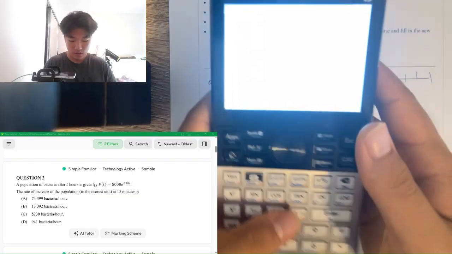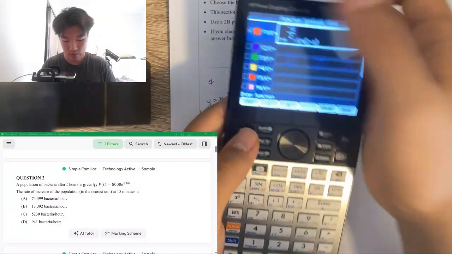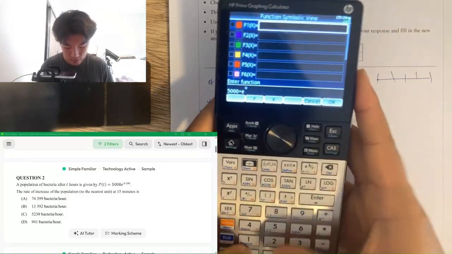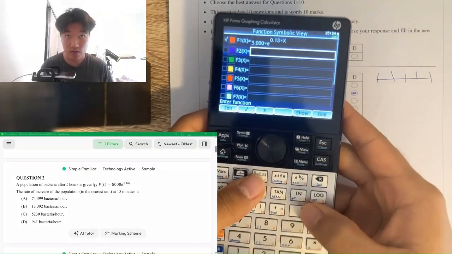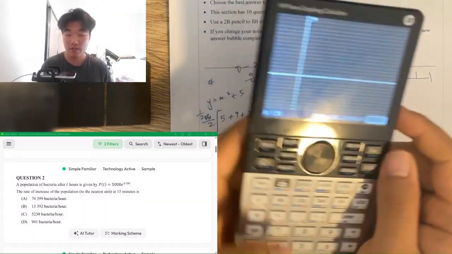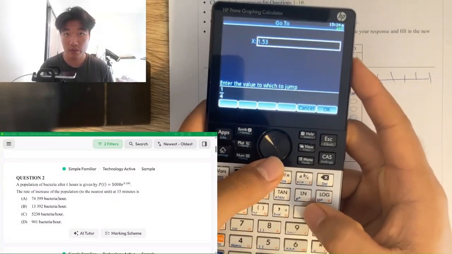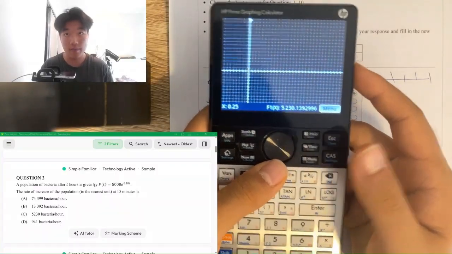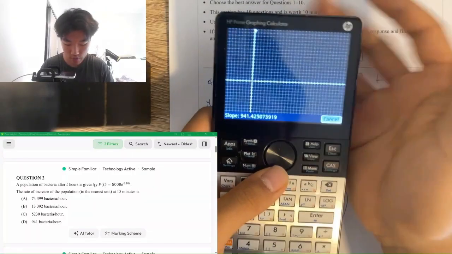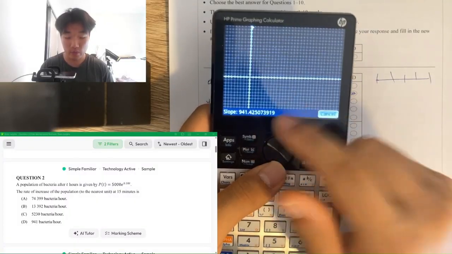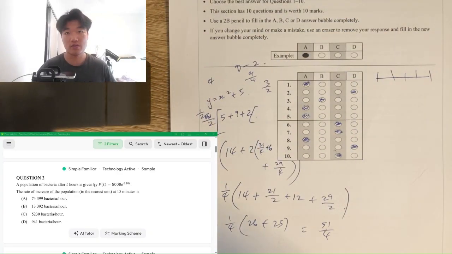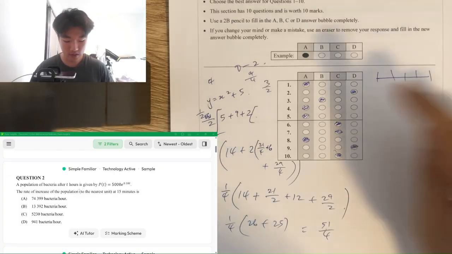So we need to pay attention to units here as well. Okay, so if we plot that, we can plot the graph. 5,000 times e to the 0.18t, which in this case we're just putting as x. Now we're finding the rate of change at 15 minutes. 15 minutes is a quarter of an hour, so we sub in a quarter because t is in hours. Then to find the slope at that point, we can actually use function slope. So we get 941, and we've rounded that to the nearest integer, the nearest unit. So that's going to be D, as you can see,